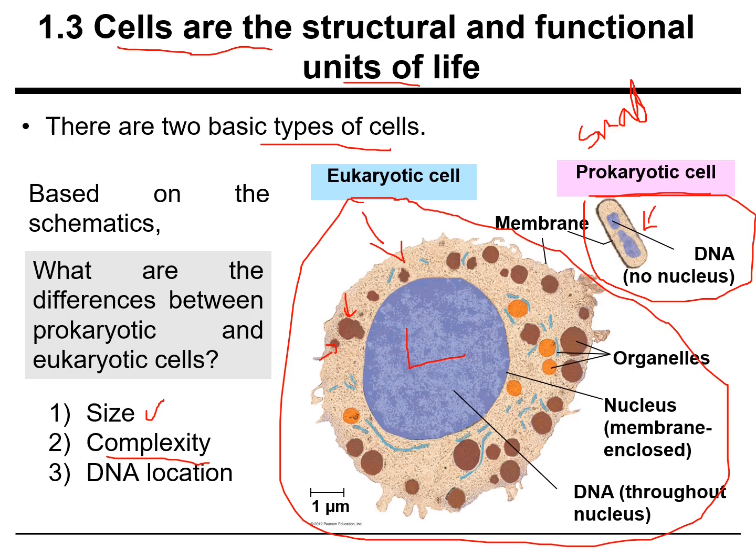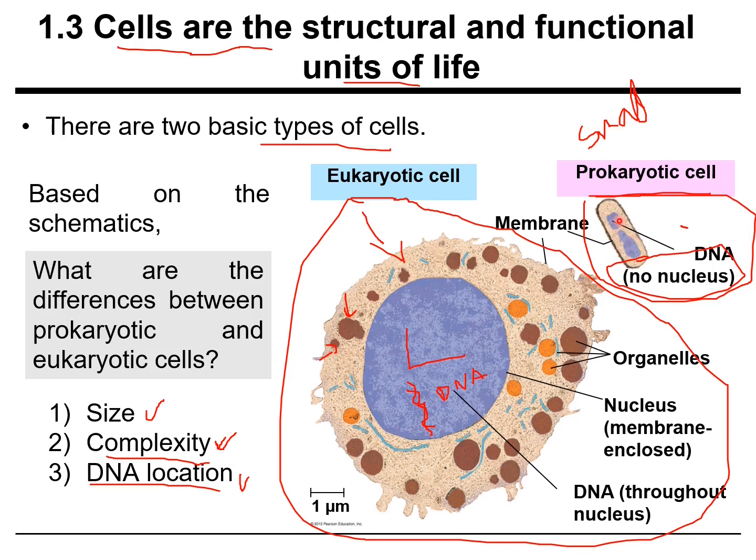So we have talked about size and we have talked about complexity. Eukaryotic cells are bigger and more complex. And the last one is the DNA location. In eukaryotic cells, the DNA is located here. Let's suppose that this is a molecule of DNA, not very pretty, but here you have the DNA inside of the nucleus. However, in the prokaryotic cells, there is no nucleus, so the DNA is located here inside of the